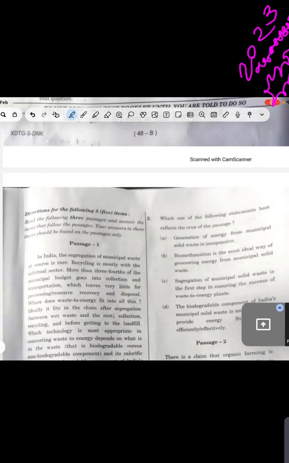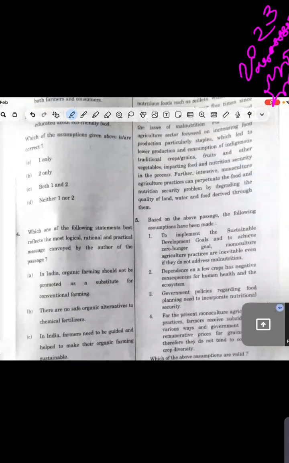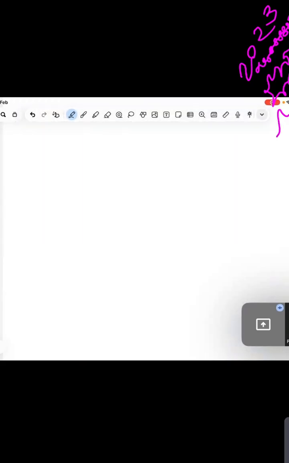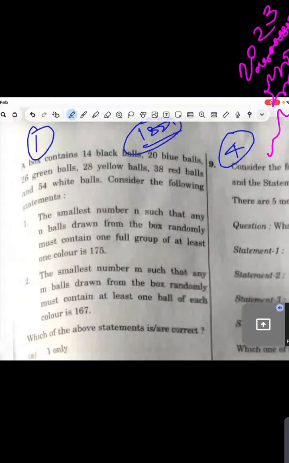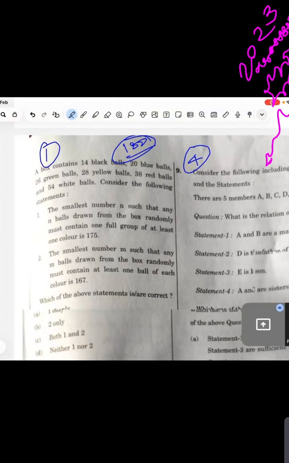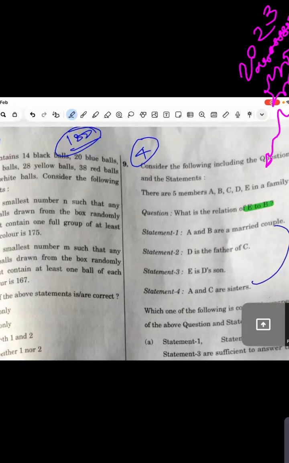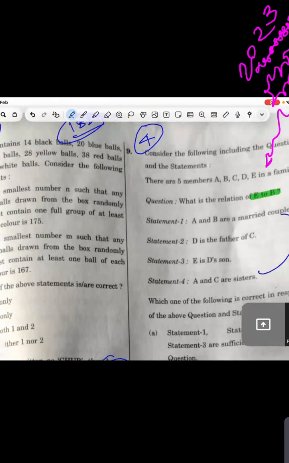Now we will understand with the question itself. So let's see which is the first question. This is the first question. Read, Priyal. A box contains 14